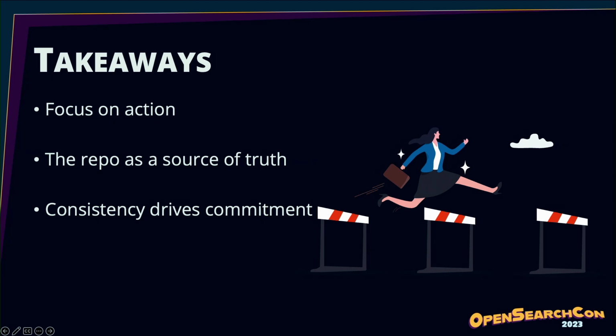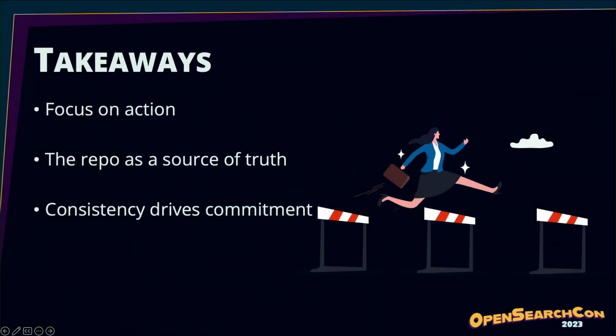The second takeaway is the use of our repository as a source of truth. This relates to the collaborative nature of our project, as it makes the maintainers more accountable. Returning to the definition of open source software, collaboration means that everyone contributes to the development and peer review of the project. This means that we need to have some checks and balances for our maintainers. In this case, we use the repository as a source of truth to hold the maintainers accountable so that any community member is able to say, what do you mean my issue is not appropriate? Or why are you telling me that you don't want to see something changed in a specific way?